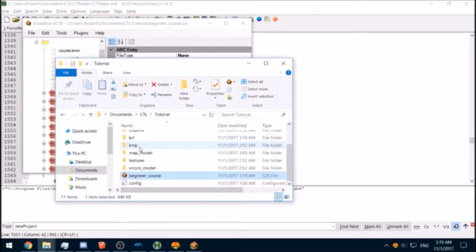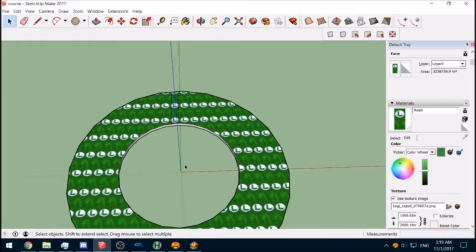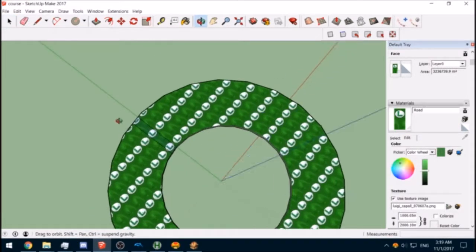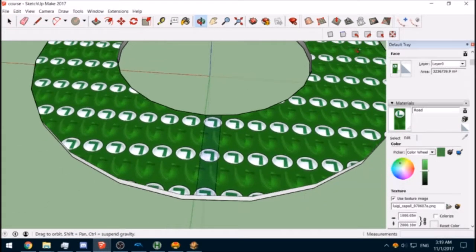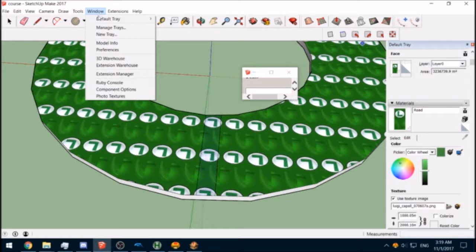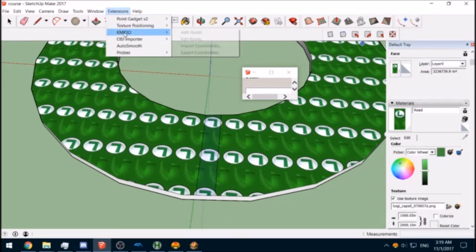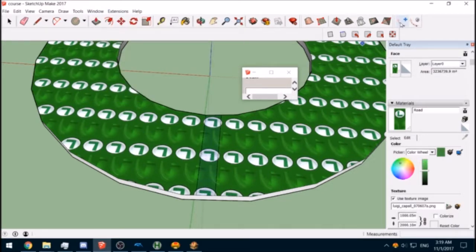Now, for the fun part, the KMP file. The dreaded KMP. Here we go. So, if you did the setup correctly, you should have KMP 3D, and you should have this somewhere.